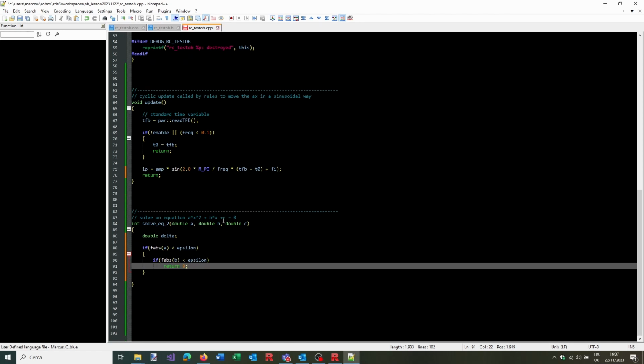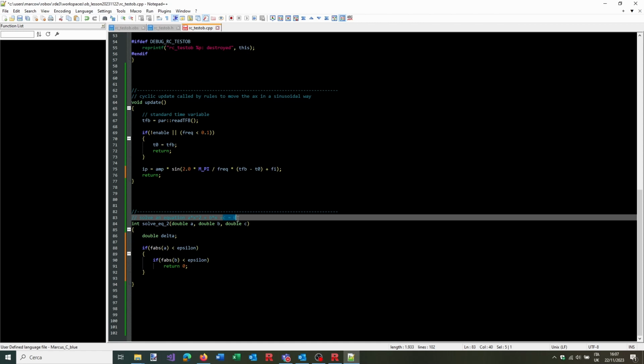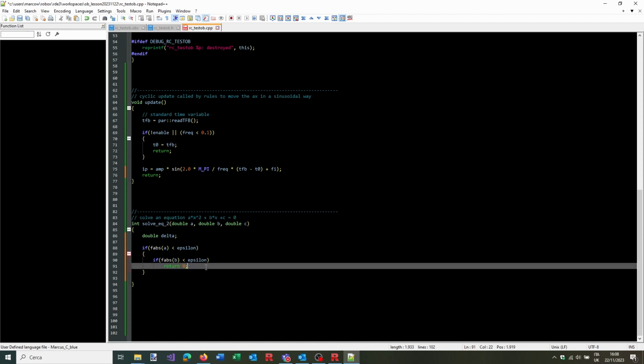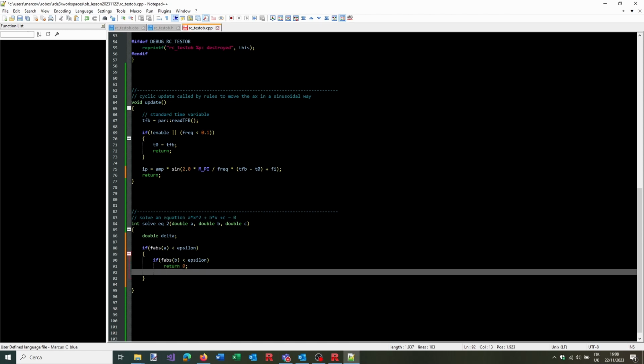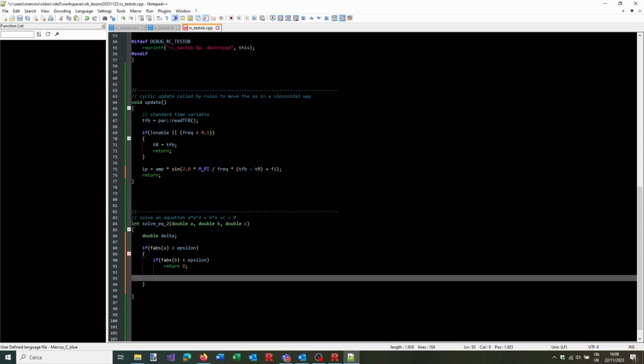This means just C equal to 0, that either could be a possible solution if C is 0 or impossible. But for this sample, let's just make it this way. Otherwise, if B is different from 0, we know that the solution will be minus C divided by B